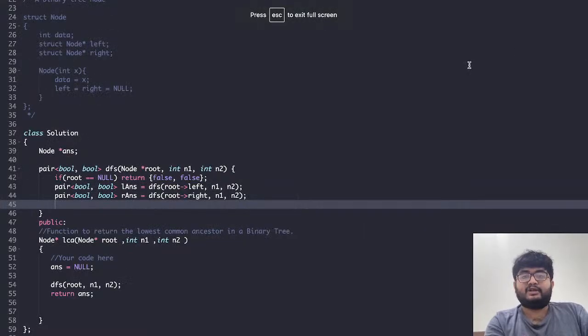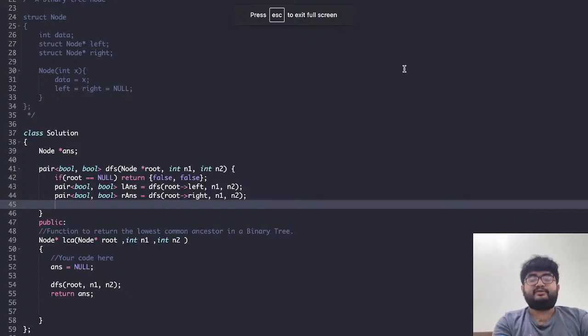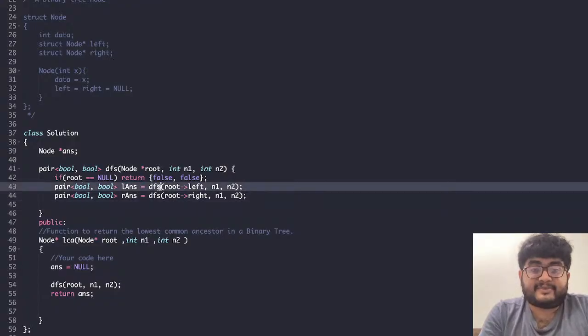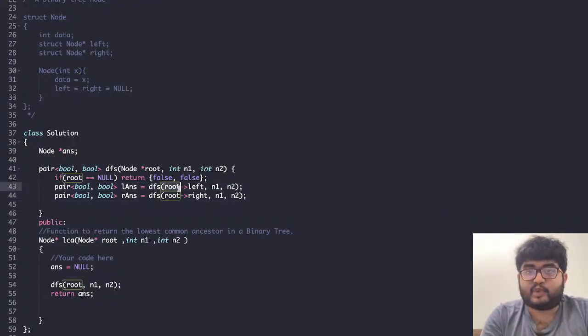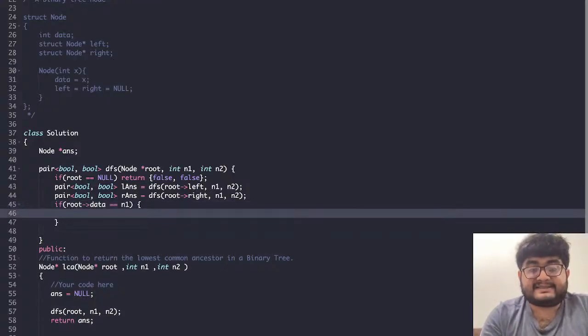So, for left answer and right answer, we are DFSing. This returns whether, in the subtree of root of left, we have both n1 as well as n2. For right answer, it tells whether in the subtree of the right child we have both n1 and n2, and that is contained by this pair. Now, if the current node, root of data, equals n1, in that case